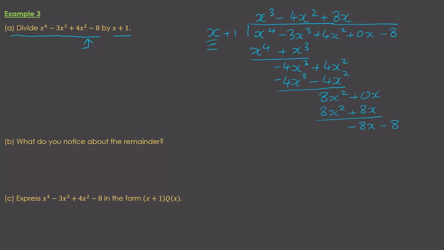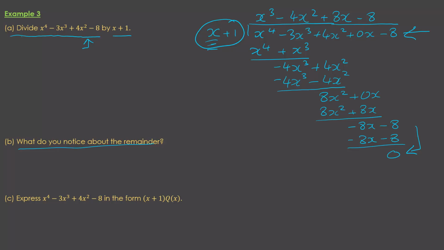And x to get negative 8x is minus 8. Negative 8 times x is negative 8x. Negative 8 times 1 is negative 8. And if we subtract there, we get 0. What do you notice about the remainder? The remainder is 0. And from what we know, that means that x plus 1 is a factor